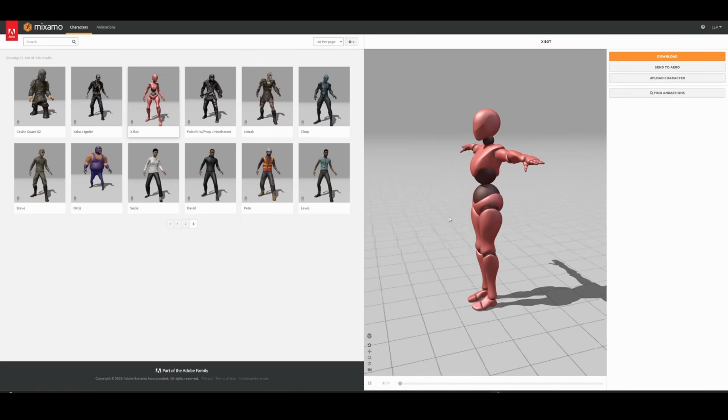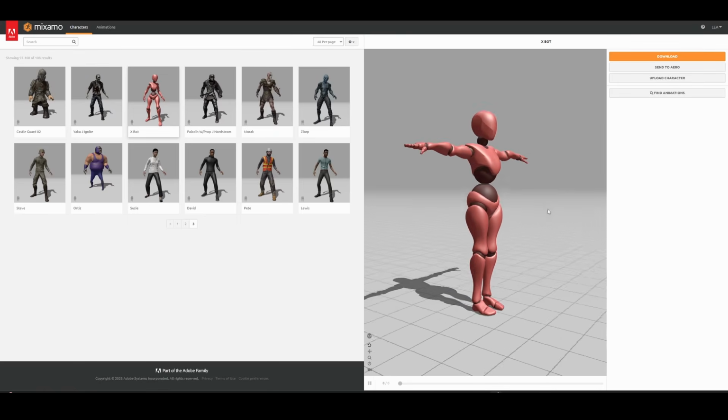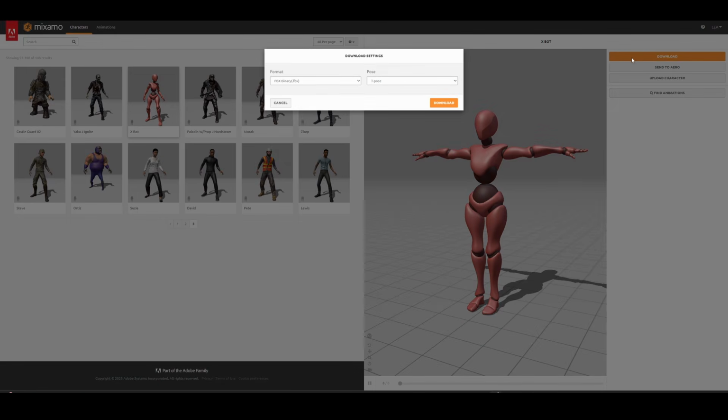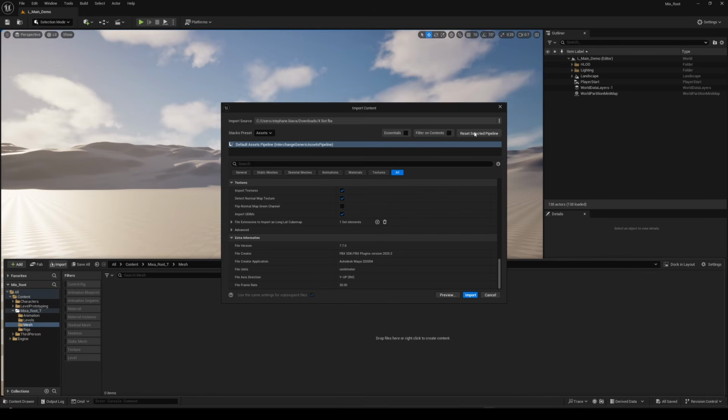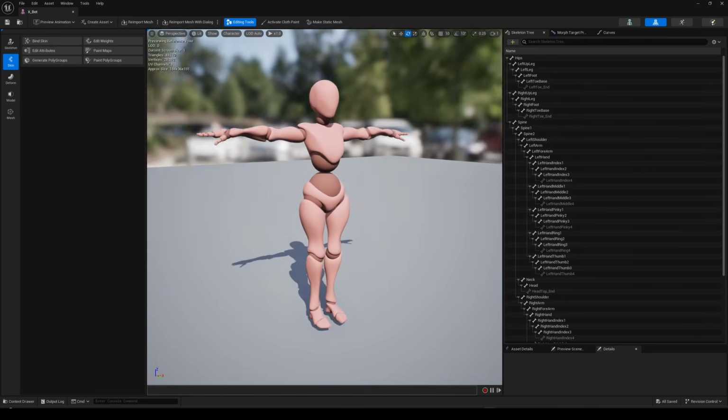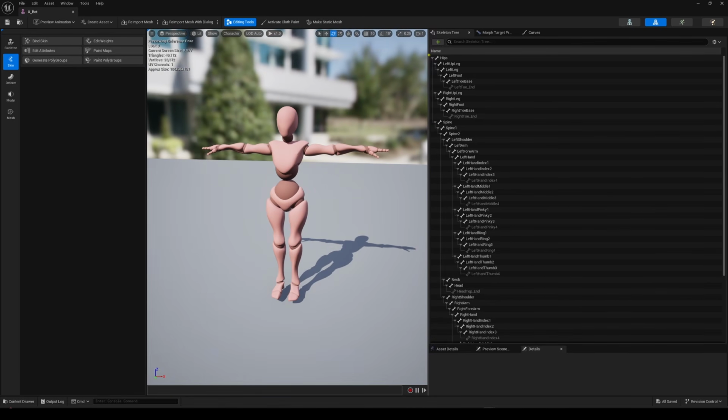Let's find out. First, let's pick a character from Mixamo in a T-pose. We'll keep it simple and use the X Bot character. Import it into Unreal using the default settings. Once imported, open the skeletal mesh and let's analyze the rig structure. As expected, and as I mentioned earlier, with Mixamo characters we start directly from the hips bone, so no root